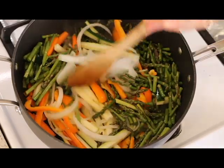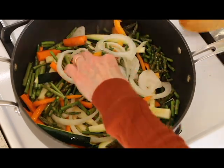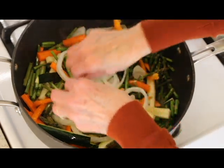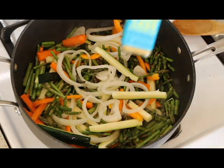Woo. Look at all those colors. So good. And all my onions separated though. I like when I get like little strings of onion. That's just my thing. Okay, and then today to season it up, I'm gonna be using this new, well, it's